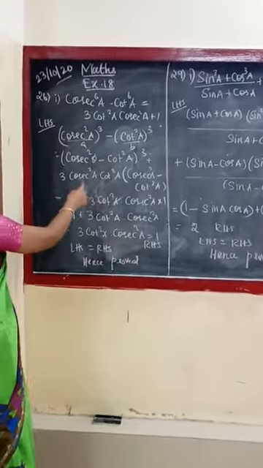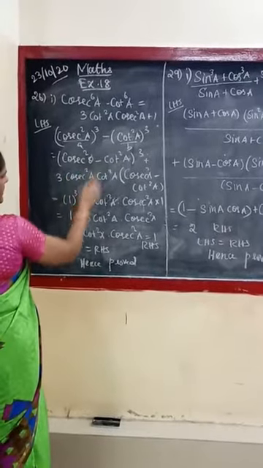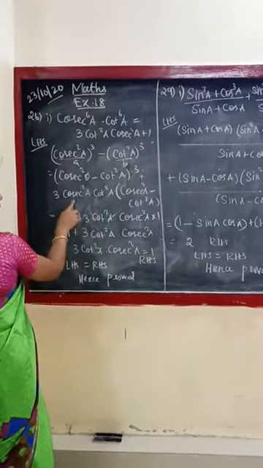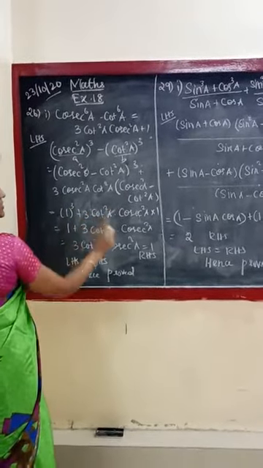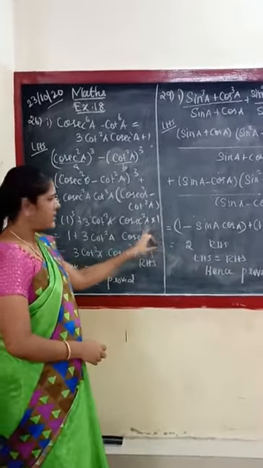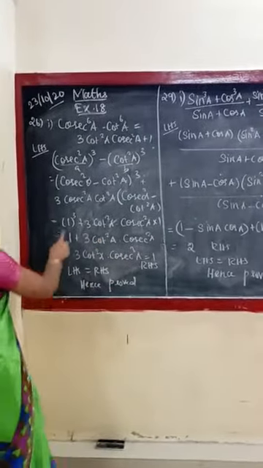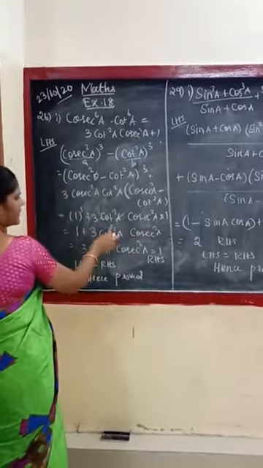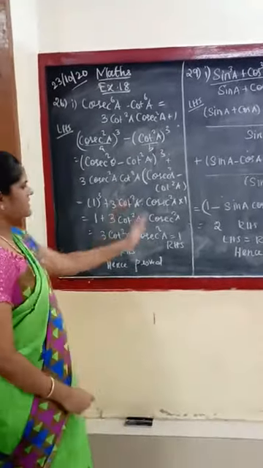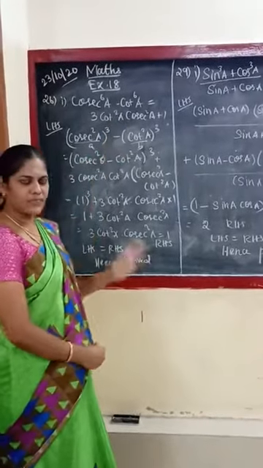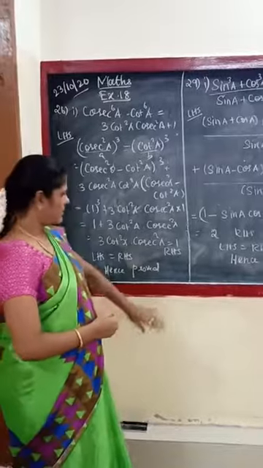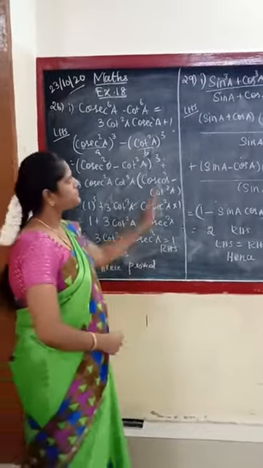Next listen, here cosecant squared a minus cot squared a is 1 now, plus 3 into cot squared a cosecant squared a. Here cosecant squared a minus cot squared a is 1 now. Will you understand children? So 1 plus 1 multiplied with this, you will be getting the same thing. So 3 cot squared a cosecant squared a, that is the right hand side answer. Simple. First expand the a cube minus b cube formula, directly you will get the answer. I hope you understand this sum.